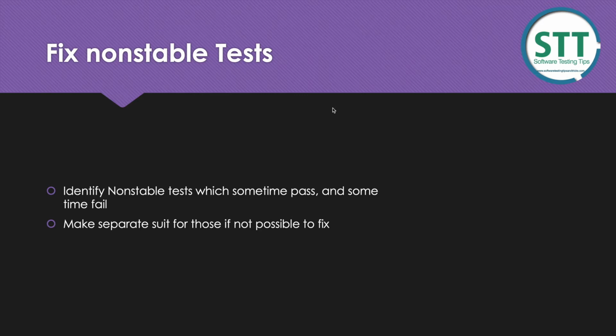The other issue with speeding up is how failures affect it. If our test is failing, it waits to find an element for 5 minutes, 10 minutes, and it keeps on waiting, and sometimes it couldn't find the element and sometimes it found it. So whenever it fails, it takes more time. Ideally it should only fail whenever there is an issue. So those kinds of tests you can fix.